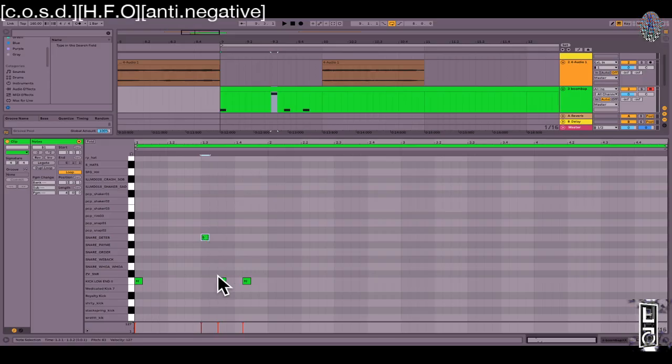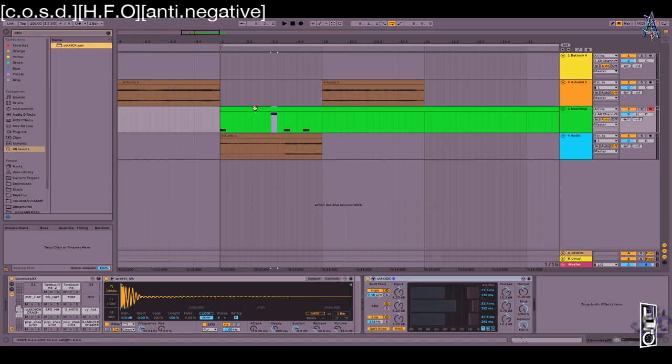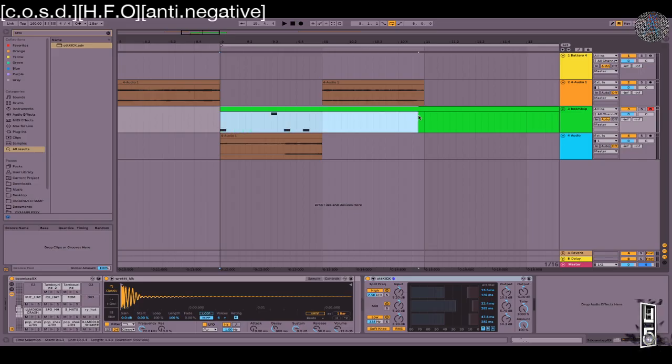All right, so I'm starting on a couple things that I like. Again, things that I like. So I really like the sample, and I like